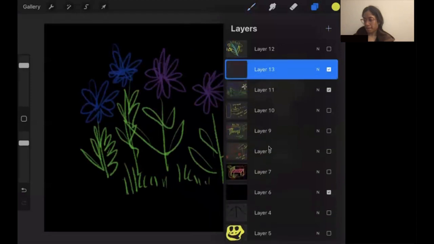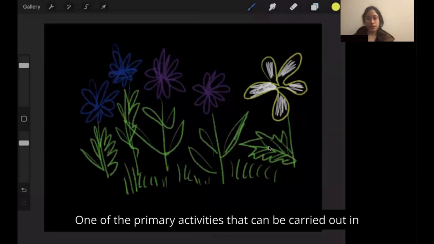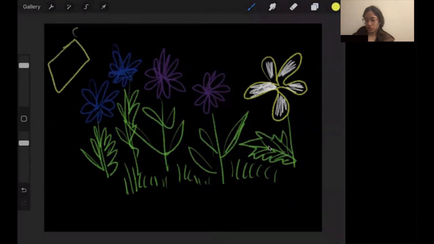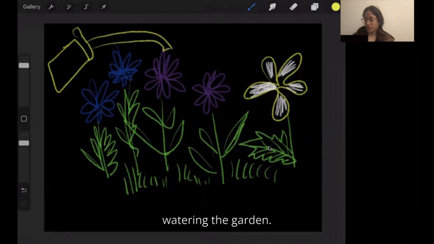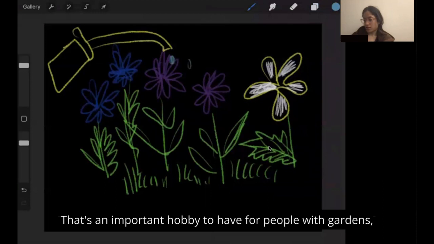Okay. One of the primary activities that can be carried out in this garden is, as we mentioned, watering the garden. That's an important hobby to have for people with gardens